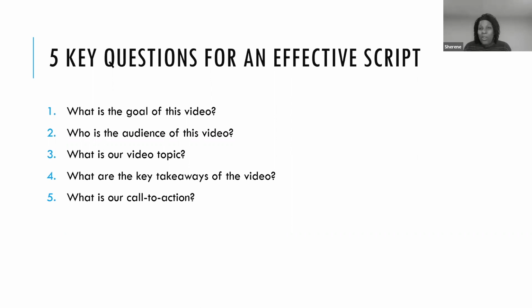So what is the goal? Now, I know I told you audience is the first thing you need to think about. It is. So it's a very close second. It's like a 1A and 1B right now. But for the purpose of this, we're going to call it number 2. What is your goal should be the first thing you think about. Why am I doing this? Why do I want to make a video? Why do I want to get a message across to the congregation or whomever your audience is? And then the second thing is your audience. You definitely have to think about your audience. If you don't, you will end up with something that's not effective.